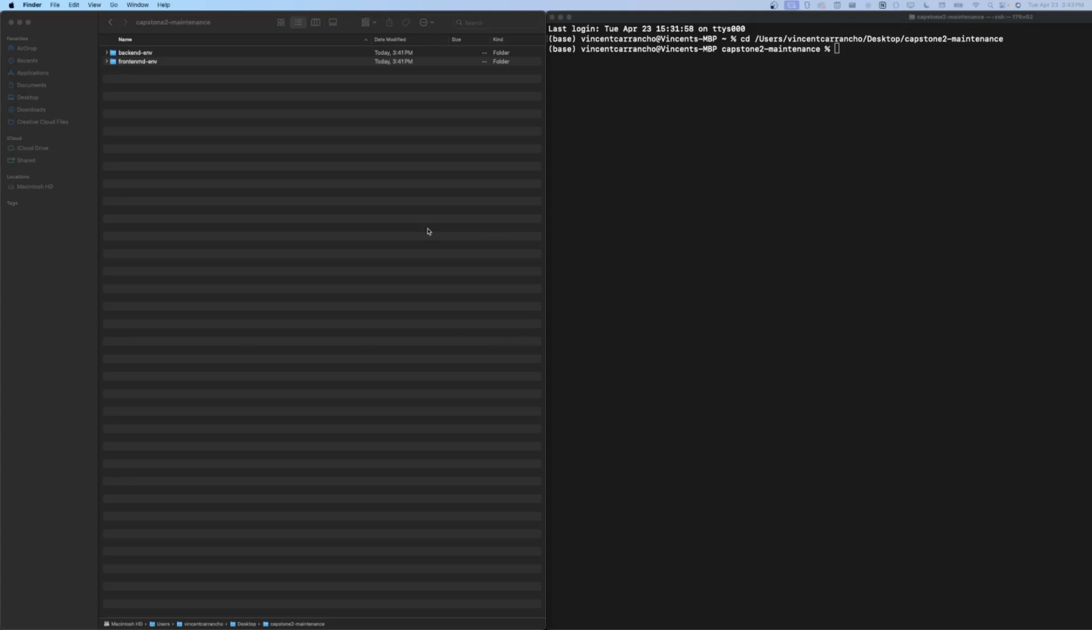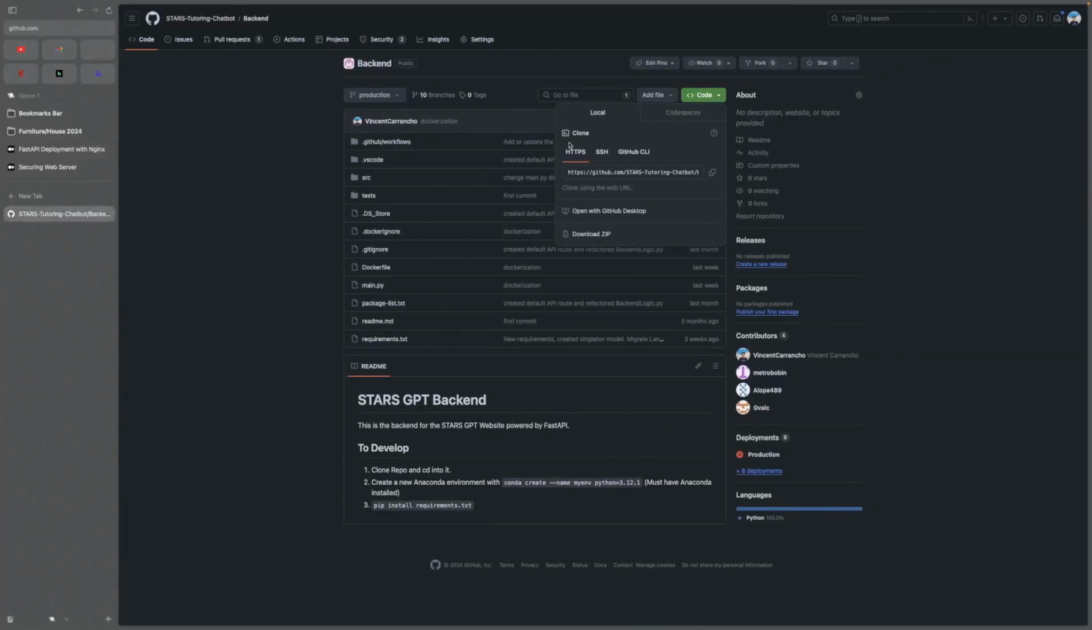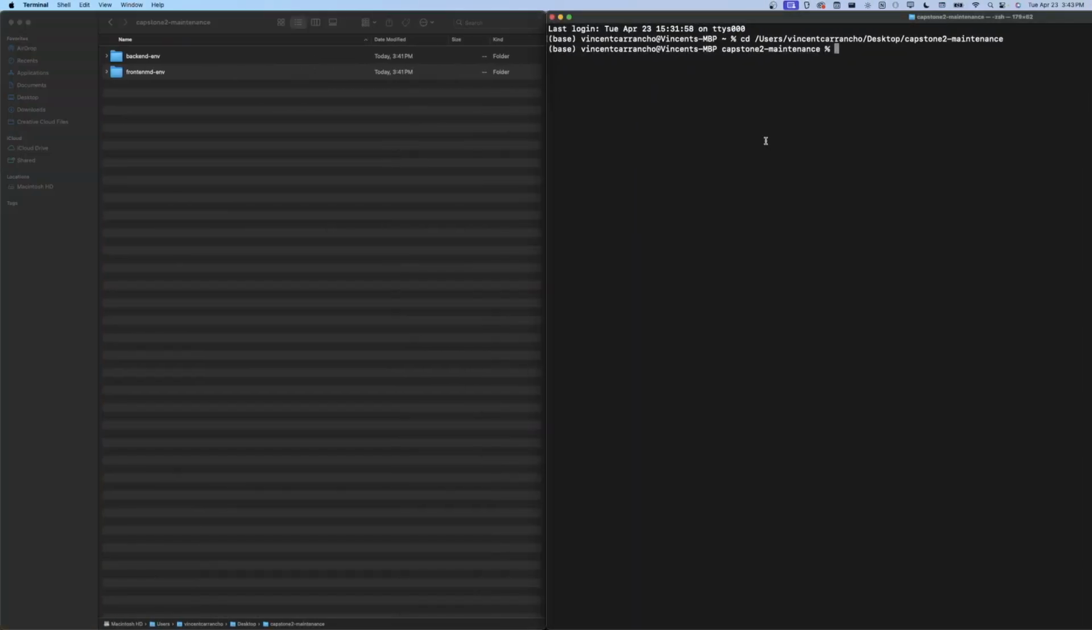Hello everybody. Today I'm going to show you how to maintain and set up SCIS GPT. So first thing that you want to do is you want to clone the repositories. So I'm using GitHub, so we will be doing exactly that. So we're just going to do git clone,